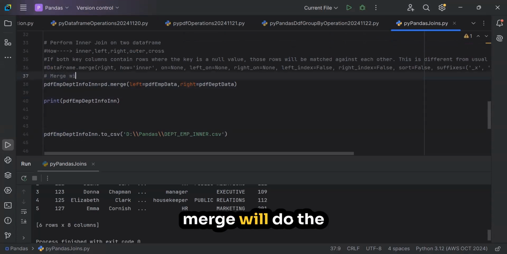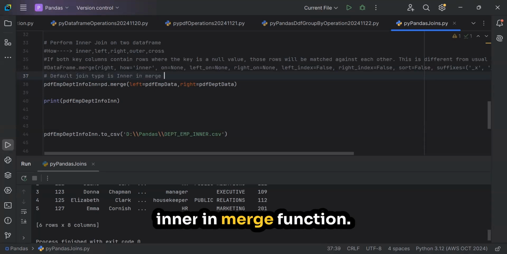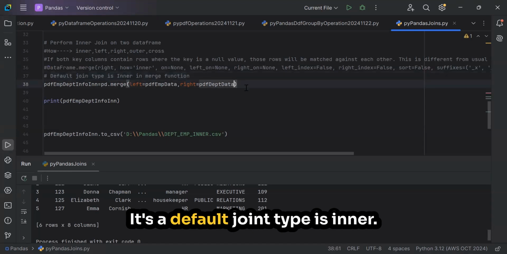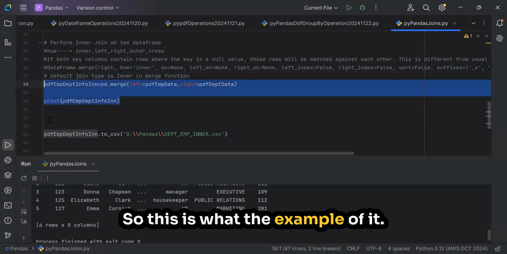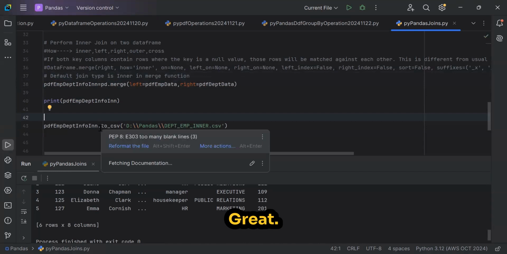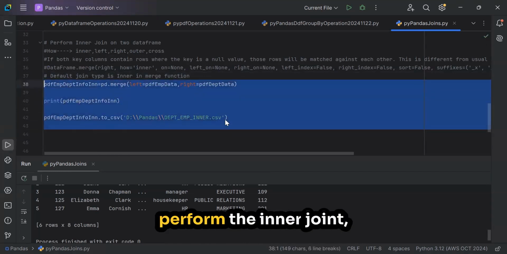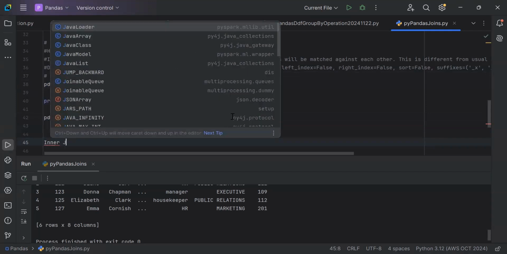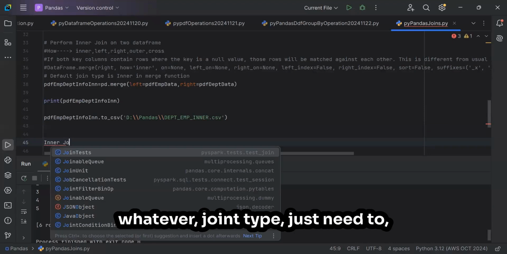So make sure that merge will do the inner join. The default join type is inner in the merge function. So this is the example of it. If you want to perform the inner join, whatever join type, you just need to